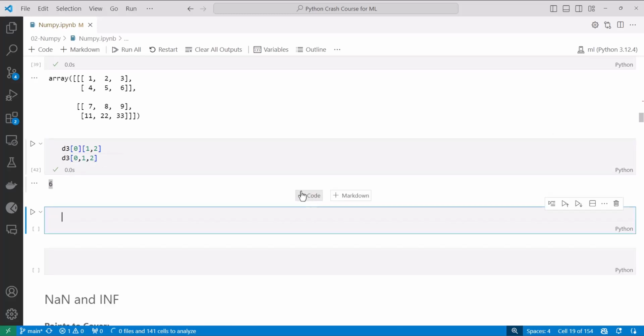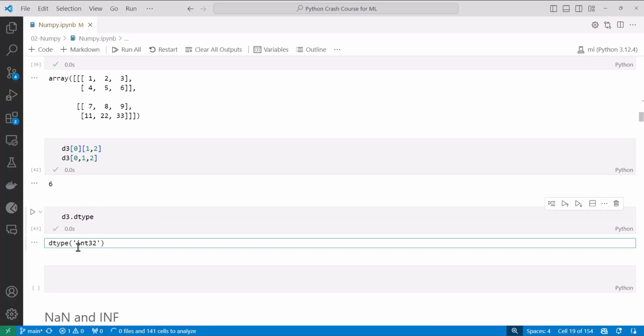Alright, so we already have our data type for D3. Let's say currently, what's the data type here? You can just check that with D3.dtype. It says int32. Let's say you want this data type as float. How can you do that? Now it's pretty simple. Again, you can just simply write here,